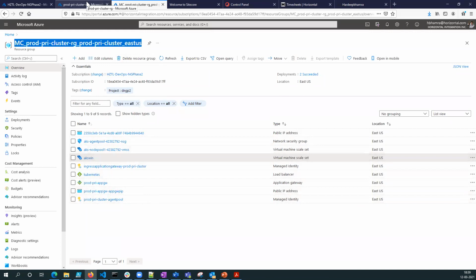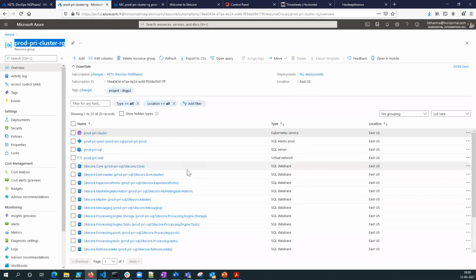The idea is to talk more about the Sitecore aspect and maybe just touch upon the subject of doing it for the Kubernetes part. So when you deploy the Kubernetes now, compared to last time, what we have changed is that you would have seen the cluster last time. The Elastic Pool is something that we are doing new at this time.